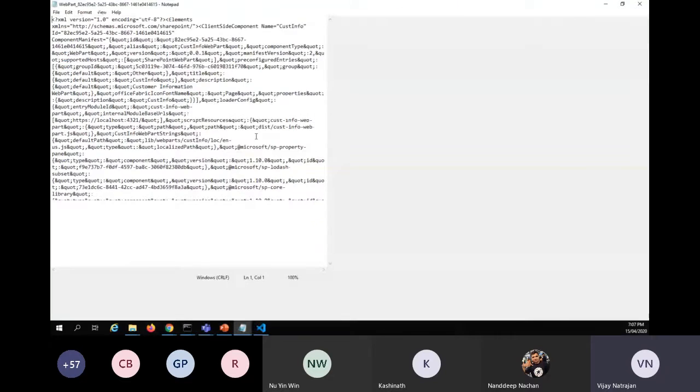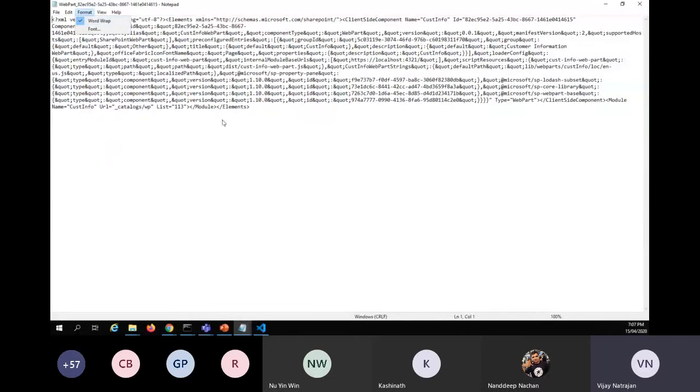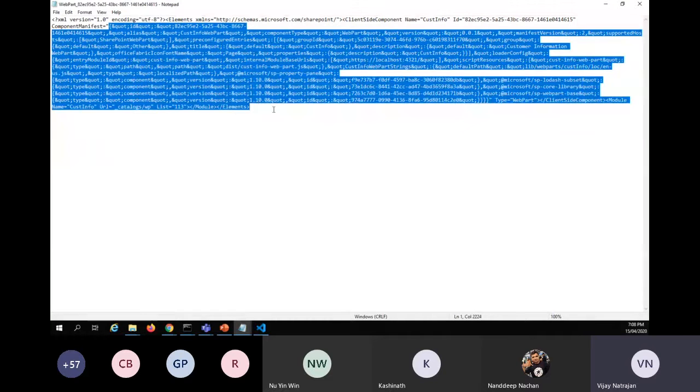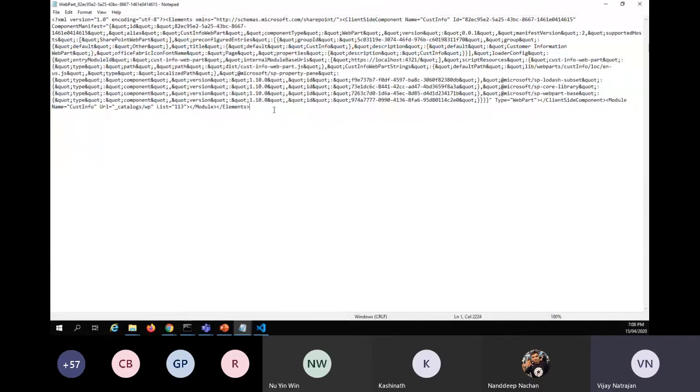actually, what is this? Okay, so this is a client side component. Name is customer info, ID is GUID, and component manifest is some quoted XML. Okay, so we cannot really decode this. So this actually has got some XML which is having information about what exactly is the configuration of that web